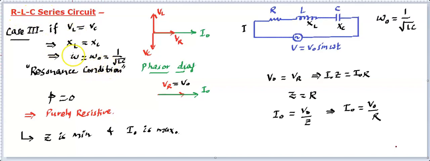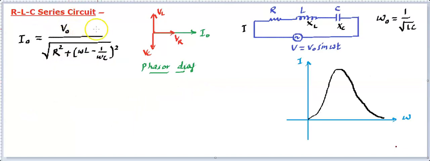Further, we can talk about how this current varies with omega. So we will have a graph for that. Let's see that as well. Now we consider this RLC circuit, that means all the three cases together. Then for this RLC circuit, this is going to be the phasor diagram, which is going to be true for all the three cases. And the cases came when we compared these two, right?